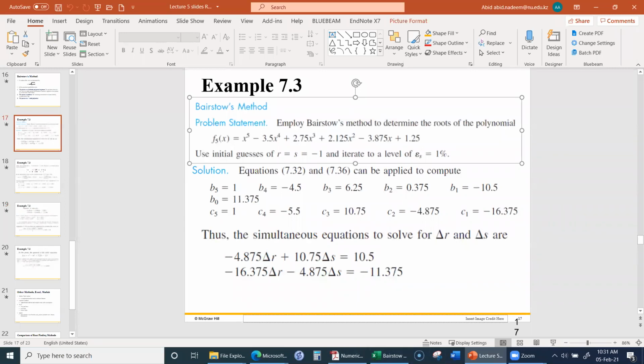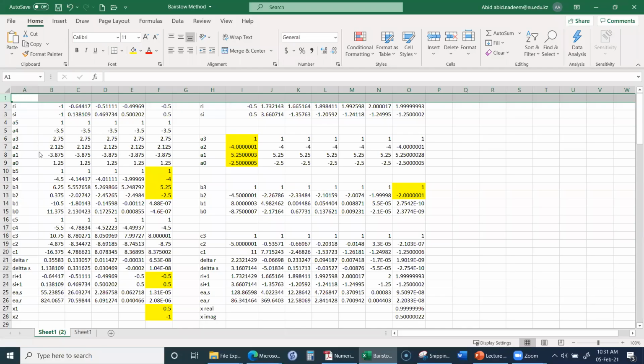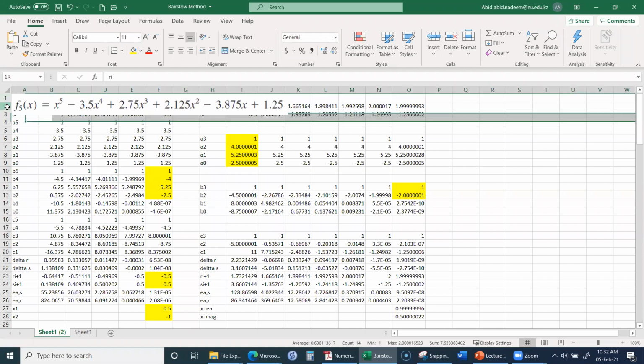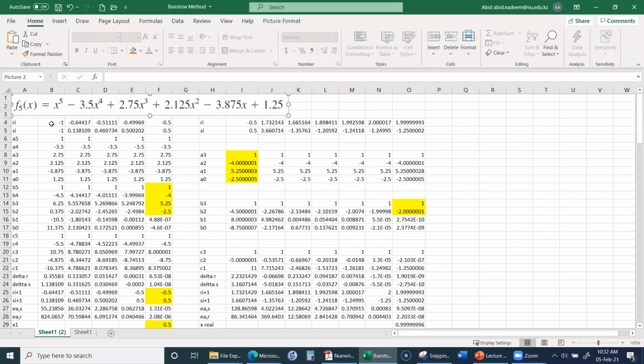This was our equation, a fifth order polynomial equation. So initially we chose